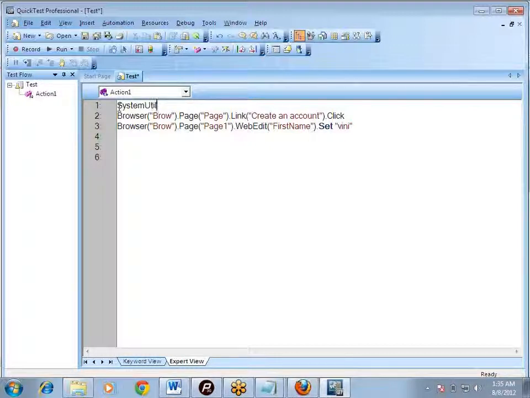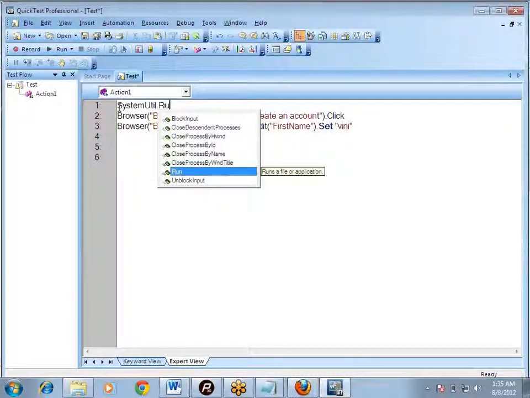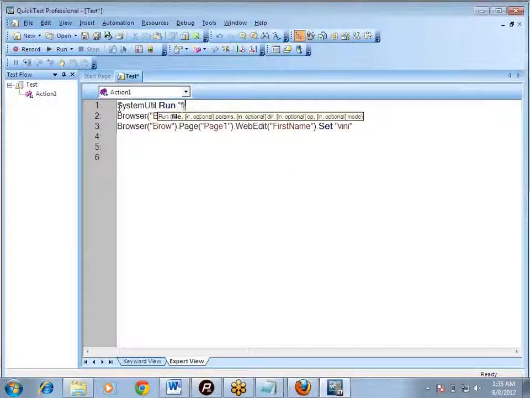So if your browser is closed, make sure that you write SystemUtil.Run to open up a browser. If not using it, make sure your browser is open and already navigated to the application for which you are writing the script. SystemUtil.Run, then Firefox.exe.